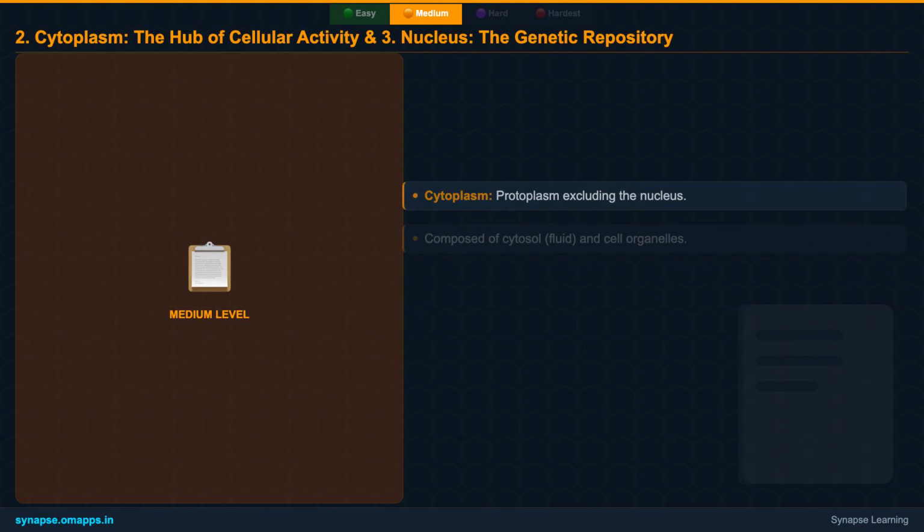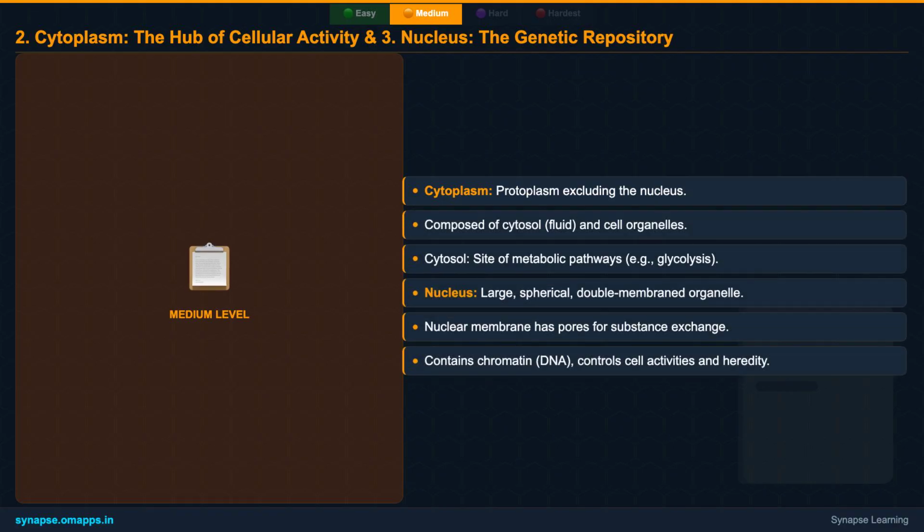The cytoplasm, often seen as mere filler, is actually a bustling hub of activity. It comprises the cytosol, a watery gel where many metabolic reactions occur, and various membrane-bound organelles. These organelles, like mitochondria for energy and the endoplasmic reticulum for synthesis, each have specialized jobs. Together, they make the cytoplasm a highly organized factory floor where life's essential processes unfold, ensuring the cell can grow,